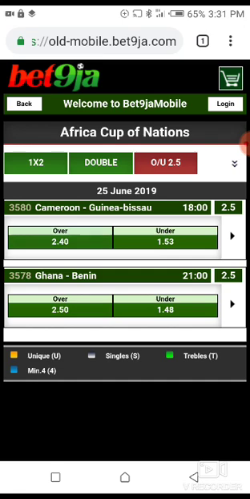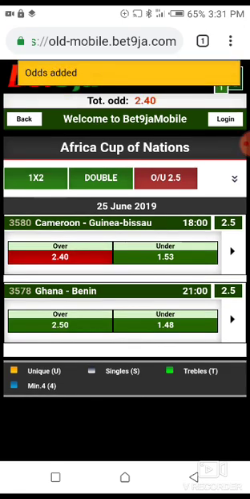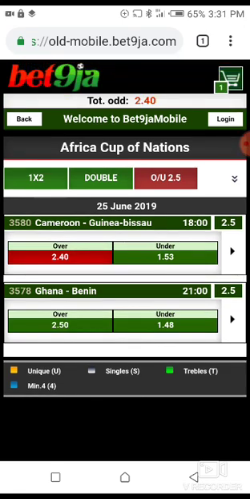If you choose over 2.5, this means that you expect the outcome of this game, that's the total goals scored in this game, to be at least 3 goals. So the total goals scored in this game should be more than 3 goals or at least 3 goals. That means the odds for this is 2.40,